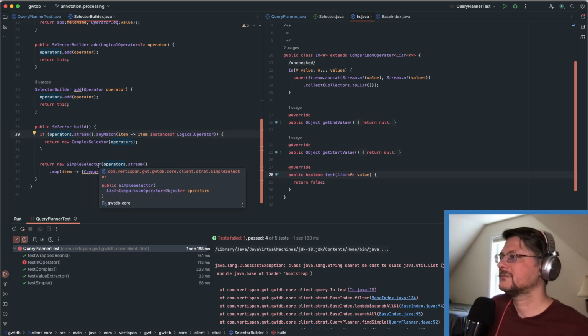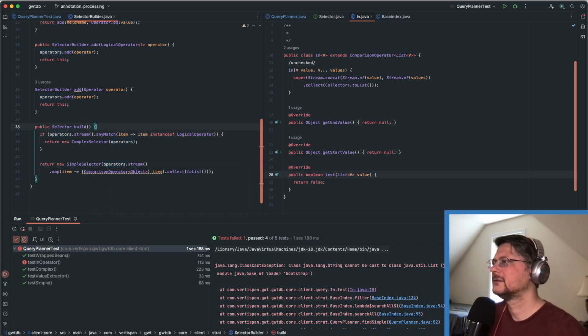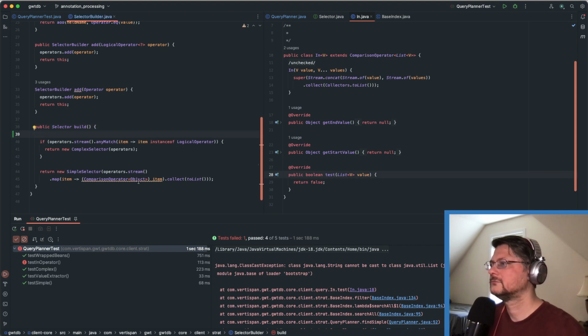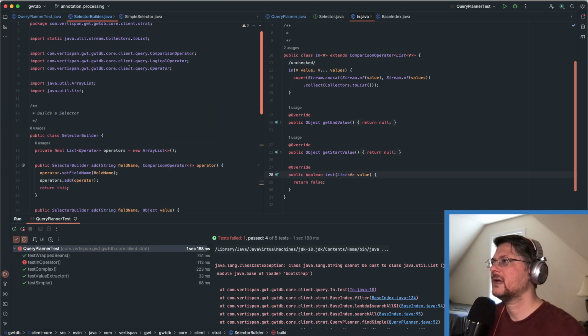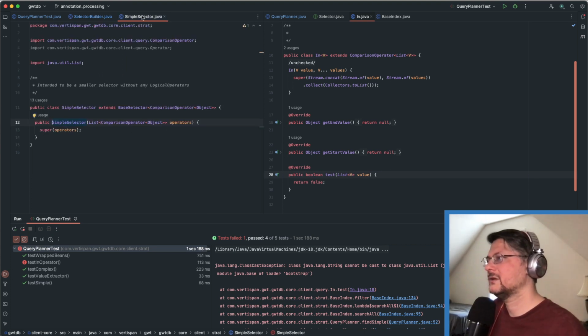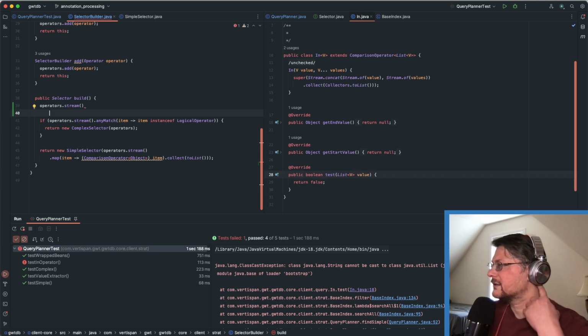I don't want to run through it a third time. That would be weird, right? I think it's in the same package. They are. Could have a package private constructor, maybe. All right, so for each operator,